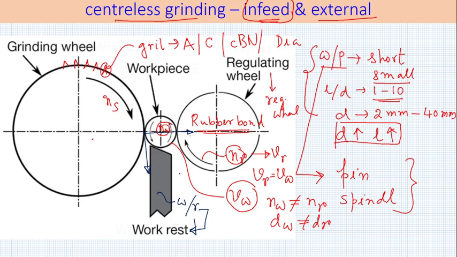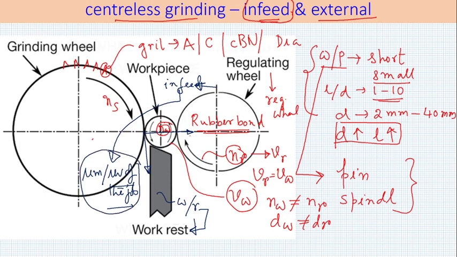As simple as that. The regulating wheel would also move in this direction to impart infeed, and infeed in this particular case is micron per revolution of the job. Though in the machine it would be set in something else, I will not go into those details. It would be set in a different manner. For calculation purposes, it is micron per revolution of the job.